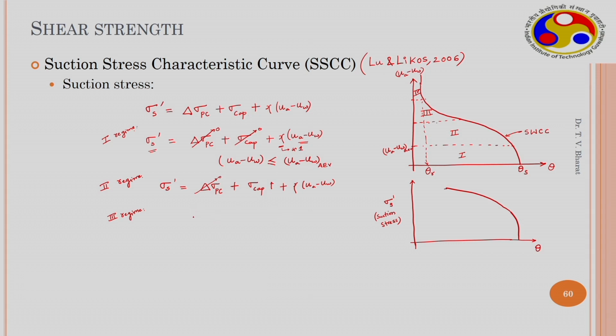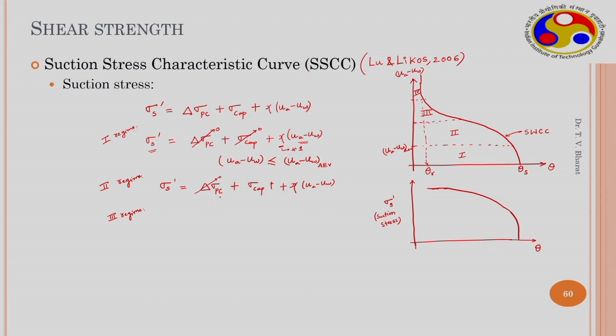So, the overall increase will reduce because of this, and capillary effects also start diminishing, and this starts approaching a constant value. For sands this value starts decreasing because the capillary force effect is also getting reduced, because the amount of moisture available in the soil is getting reduced, and the physicochemical forces anyway are not significant in sands. Therefore, for sands this will start decreasing in the third regime. So, this is the third regime, and in the fourth regime